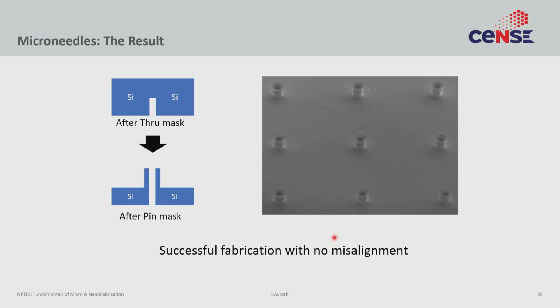And with that, if you look at the slide, we were able to make a perfect microneedle. So this is what a microneedle looks like in cross section. Okay. So the order of lithography mattered, right? And this is something that you learn with experience: which should you do first, which should you do second.